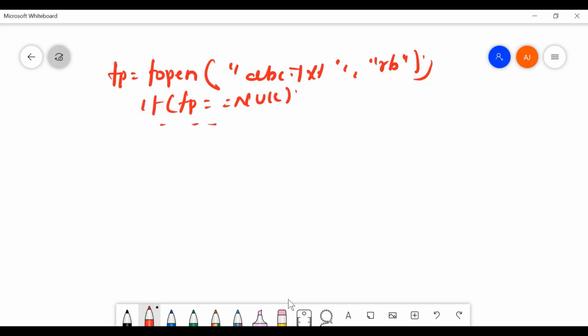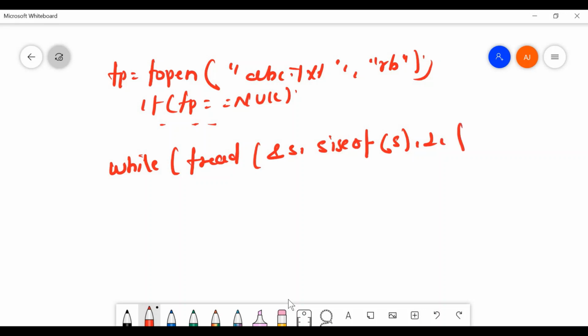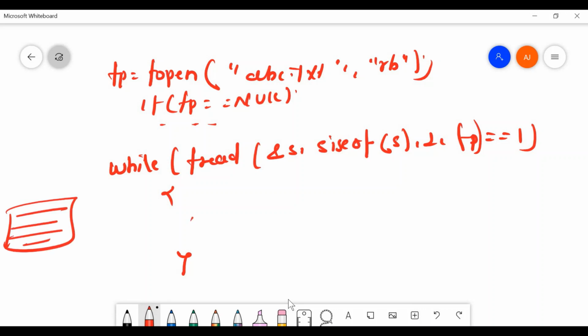Okay, so finally while fread address of s, size of s, 1, fp equals to 1. Okay, while we are reading the content of the file, till we are reading the content, we are going to print the information.